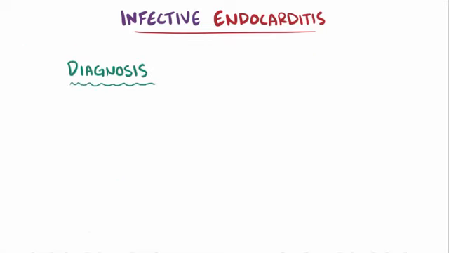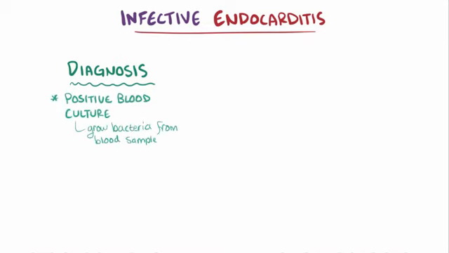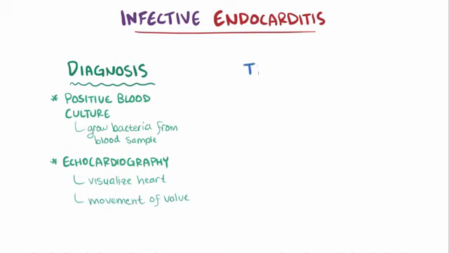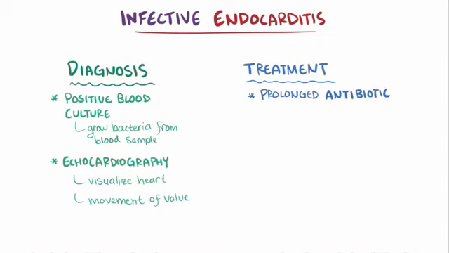Diagnosing the cause of infective endocarditis typically involves getting positive blood cultures, which is literally growing bacteria from a blood sample. Echocardiography can also be used to visualize the heart and look for vegetations or more subtle clues like the way the valve's moving. Depending on the organism that caused the infection, a prolonged course of antibiotics will likely be used